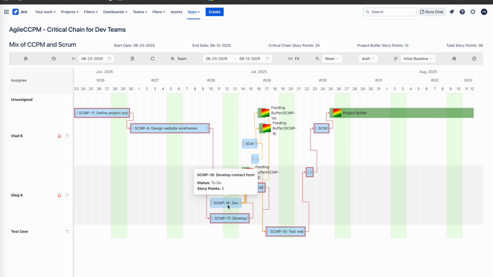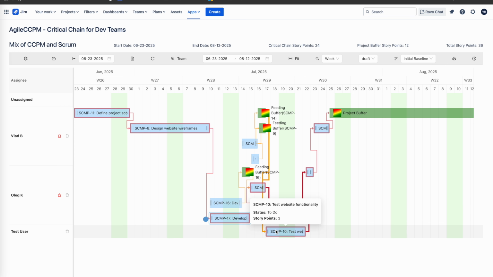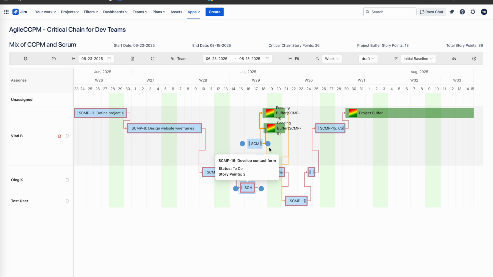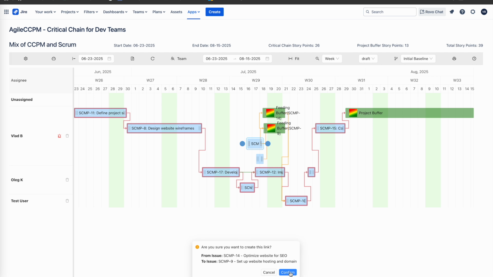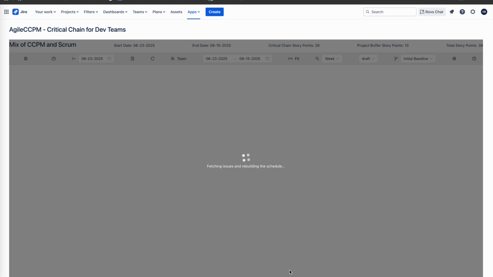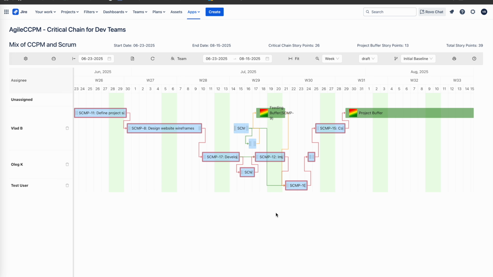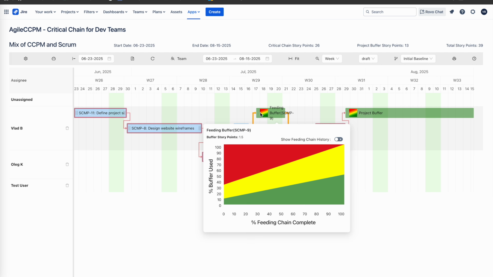However, the schedule does not yet qualify as a critical chain, despite the addition of buffers, because resource constraints and multitasking considerations have not been fully accounted for. To address this, we'll link the relevant issues within the resource rows identified as having multitasking. By doing so, we transition from a critical path to a critical chain, which offers a more accurate representation of